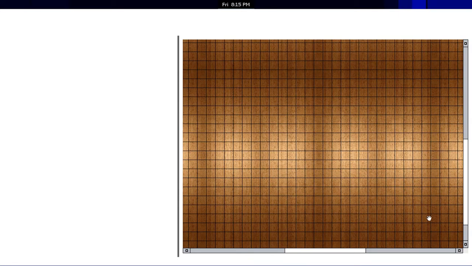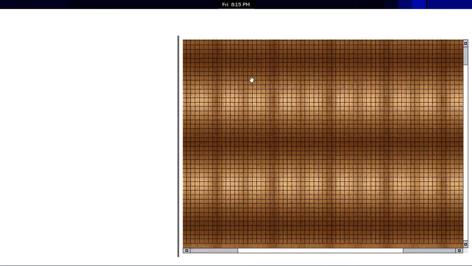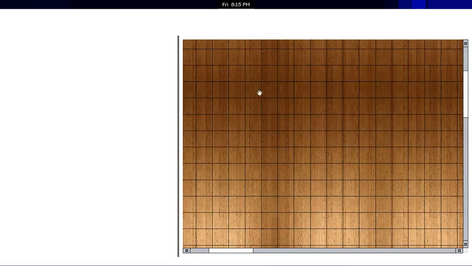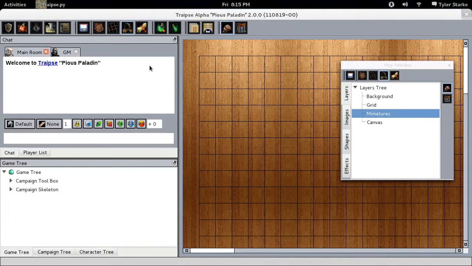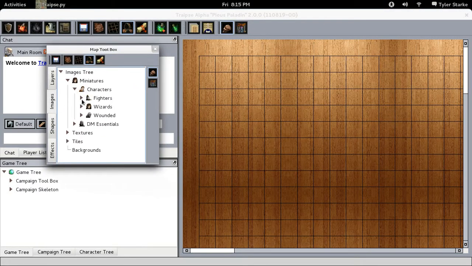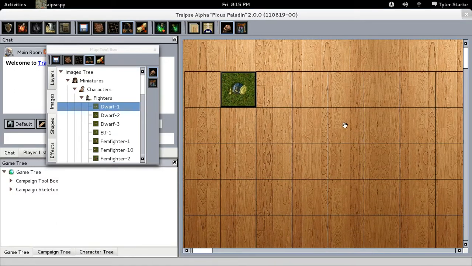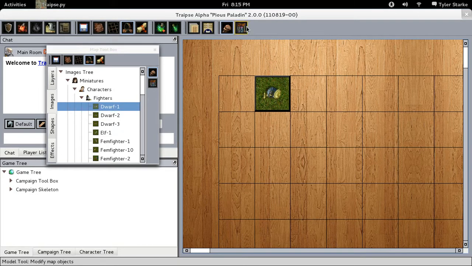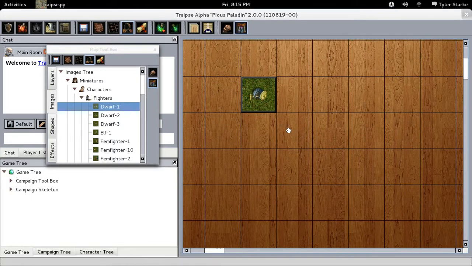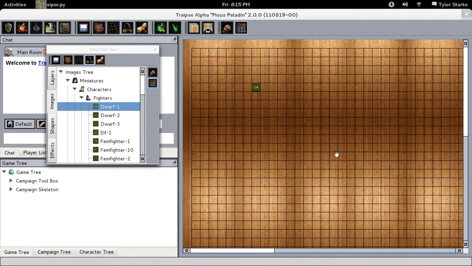So what we have here is the map. Over here where my little hand icon is, this is the map. And this is where we can place miniatures. I will open up the map toolbox here and throw down a miniature. So what we can do then is use these miniatures to play role-playing games. War games will be part of it, and also